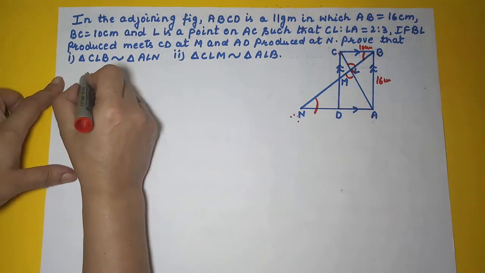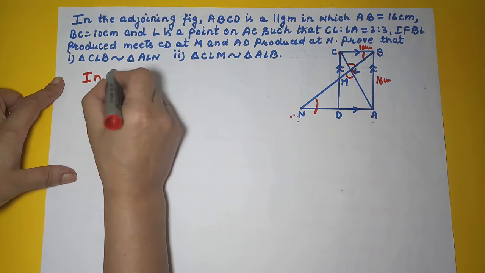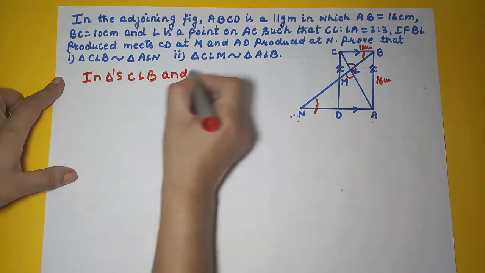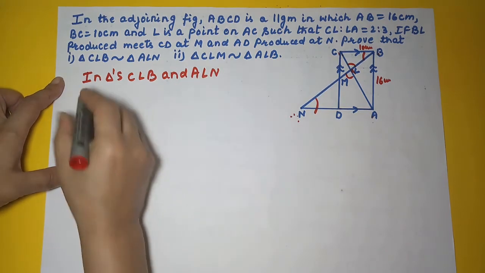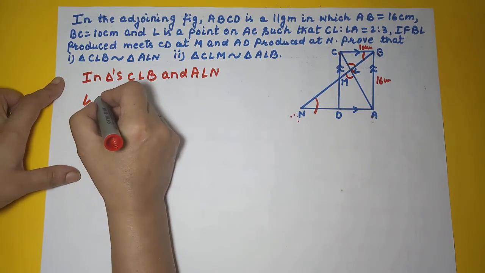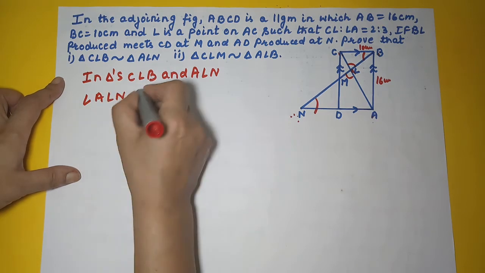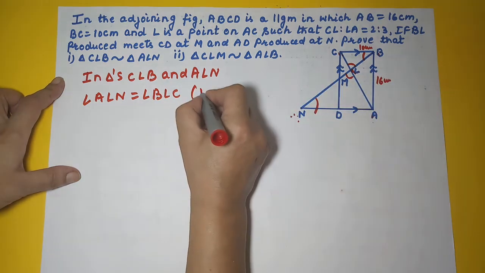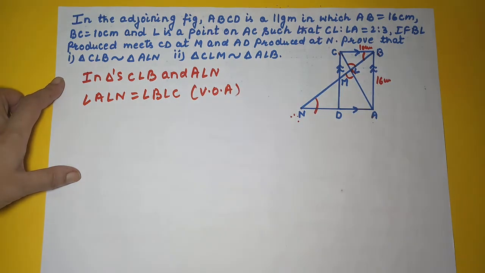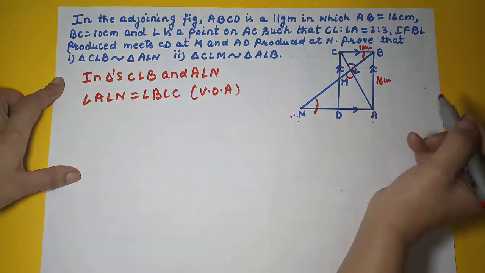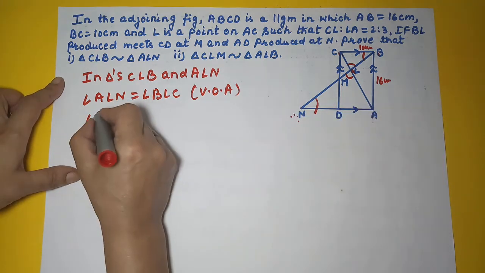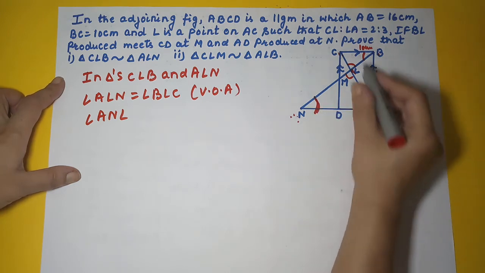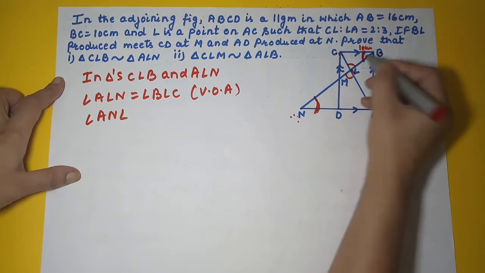So let's write, in triangles CLB and ALN, angle ALN is equal to angle BLC. Reason? Vertically opposite angles. And angle ANL, which is this angle, is equal to angle LBC, which is this angle,